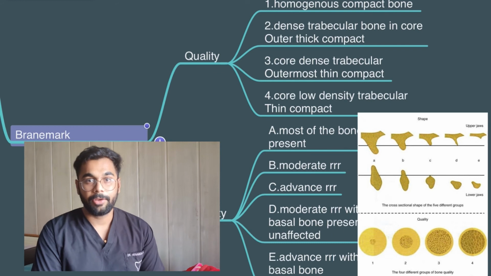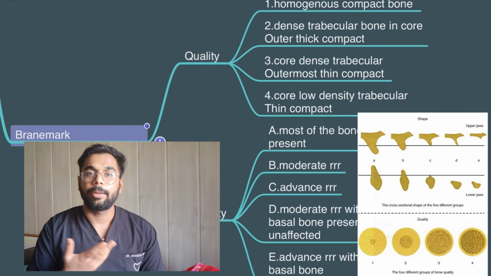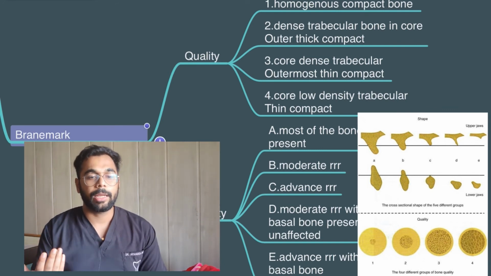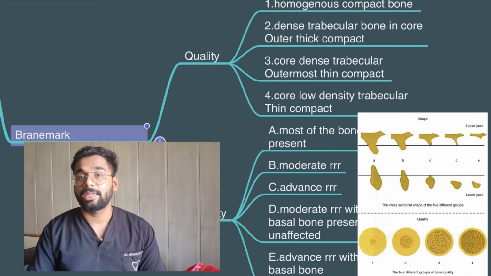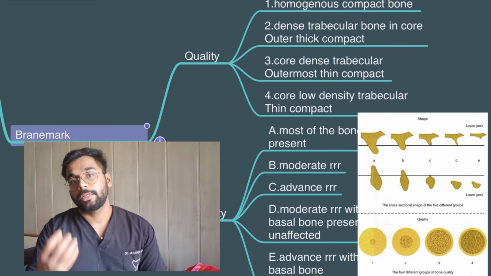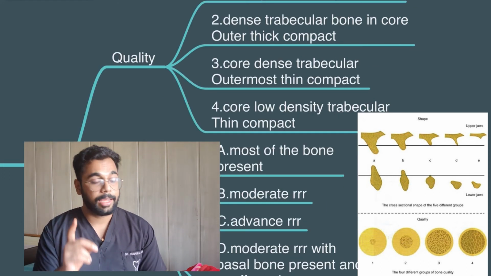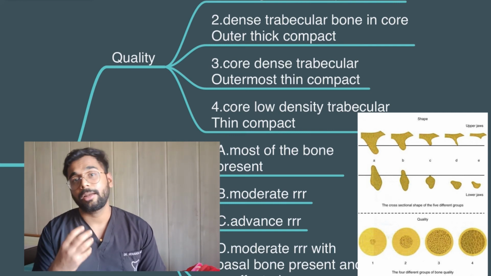Now coming to quantity of the bone. Yeah, quantity of the bone. Now quantity, how do you see? Quantity is like you can see through measurements, through lateral cephalograms, through overlaying OPGs in different stages of residual ridge resorption. We'll talk about this in the diagnosis part, but let's clear at least the classification and the basics of RRR.